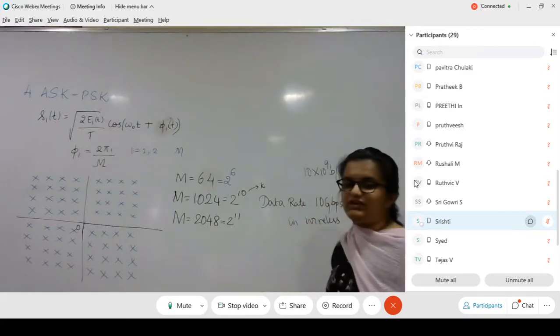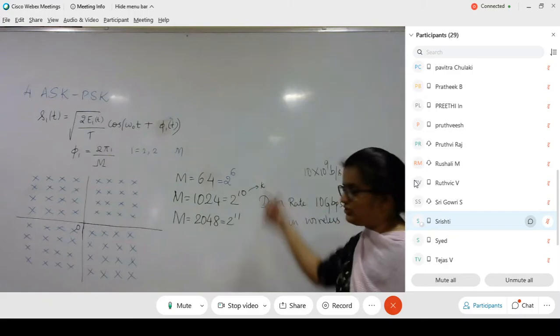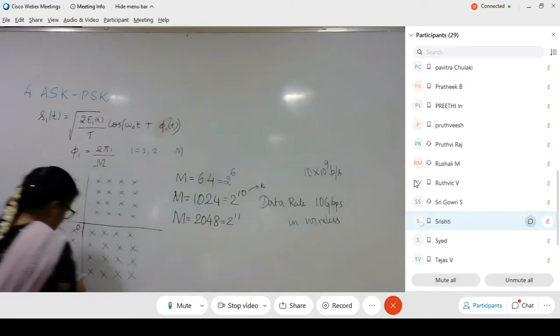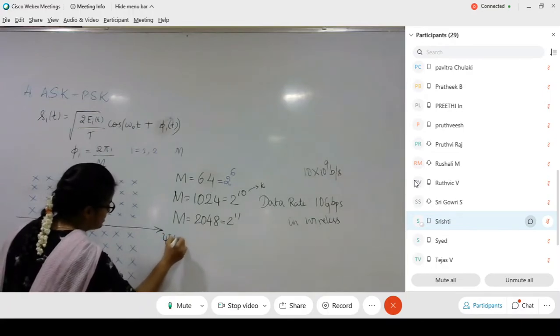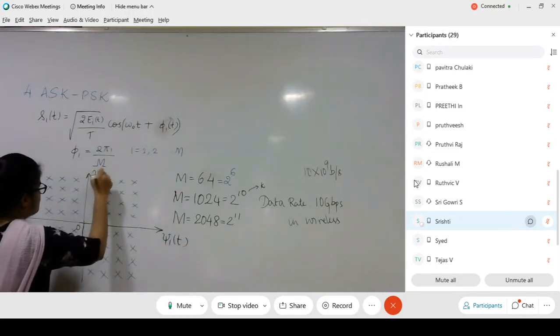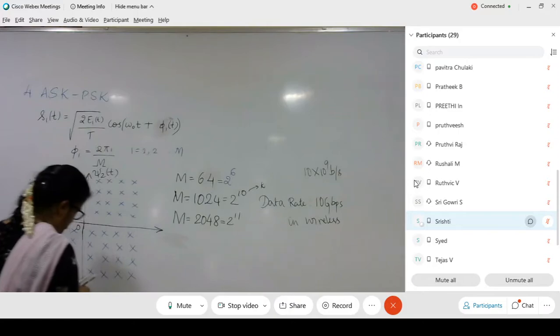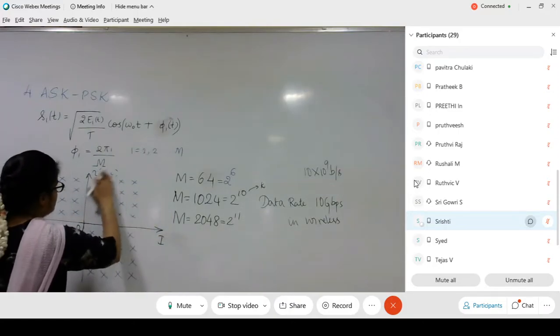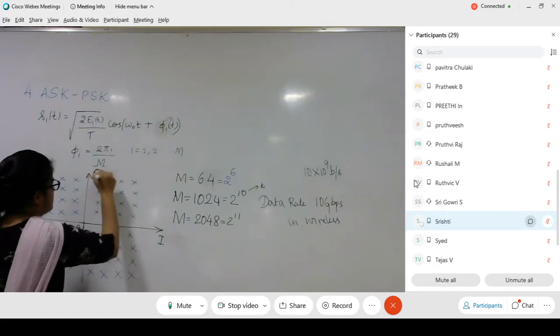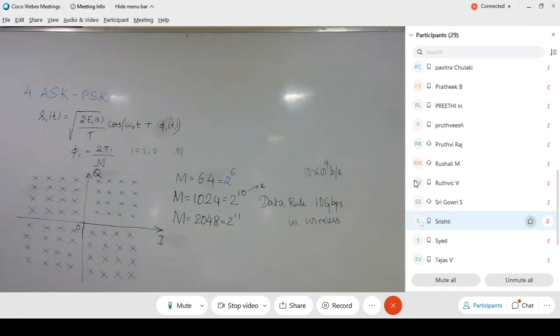Okay, that is the main advantage, or main reason, to go with higher and higher values of m. So this is an example where I am going to make use of only two basis functions, xi1 and xi2, in order to assign the positions of all the 64 symbols. This type of arrangement in the IQ plot, with cosine factors and sine factors. In IQ plots, we normally explain this in terms of I and Q factors, and the basis functions will obviously be equal to 2. So this type of arrangement we call QAM.